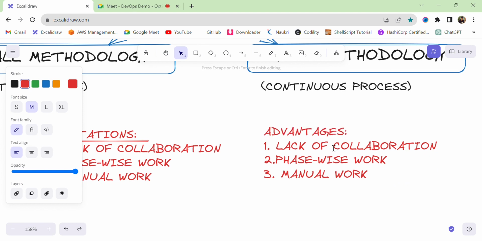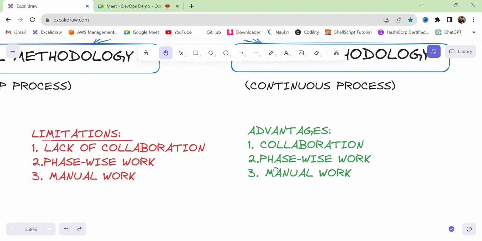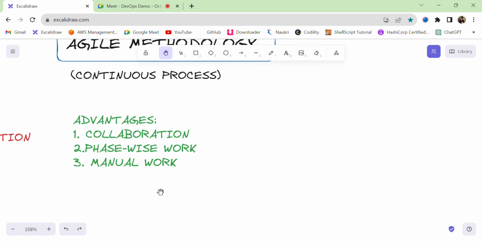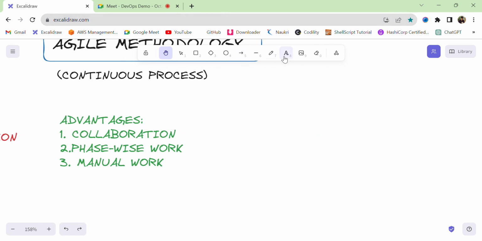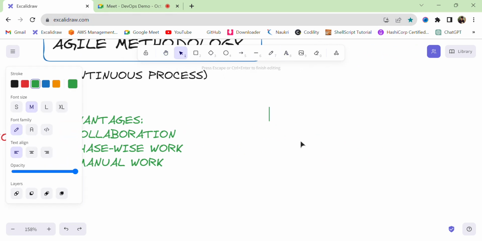So what they did, they first focused on collaboration. Now how did they do the collaboration? So for collaboration, rather than assigning managers on every team, they just started taking daily meetings. Okay, so to address these issues, they started taking daily meetings